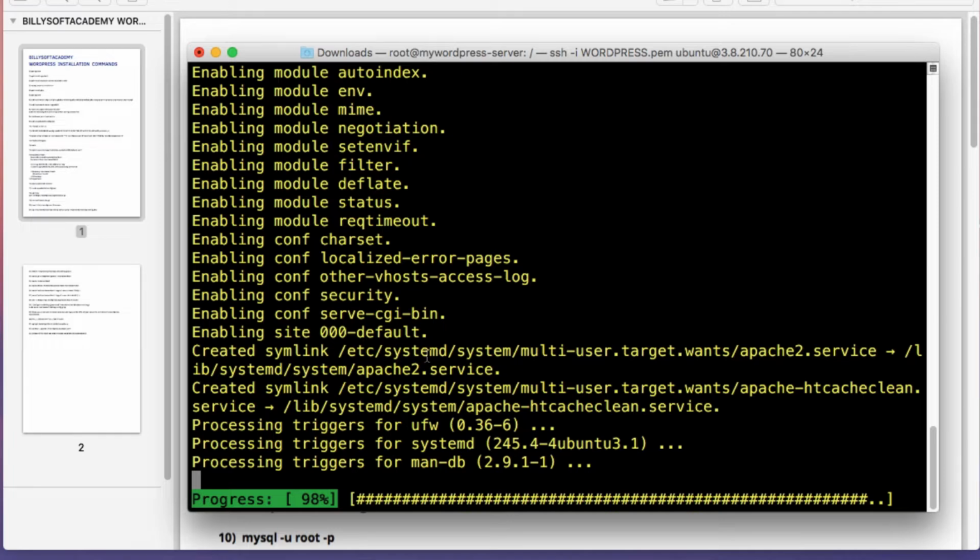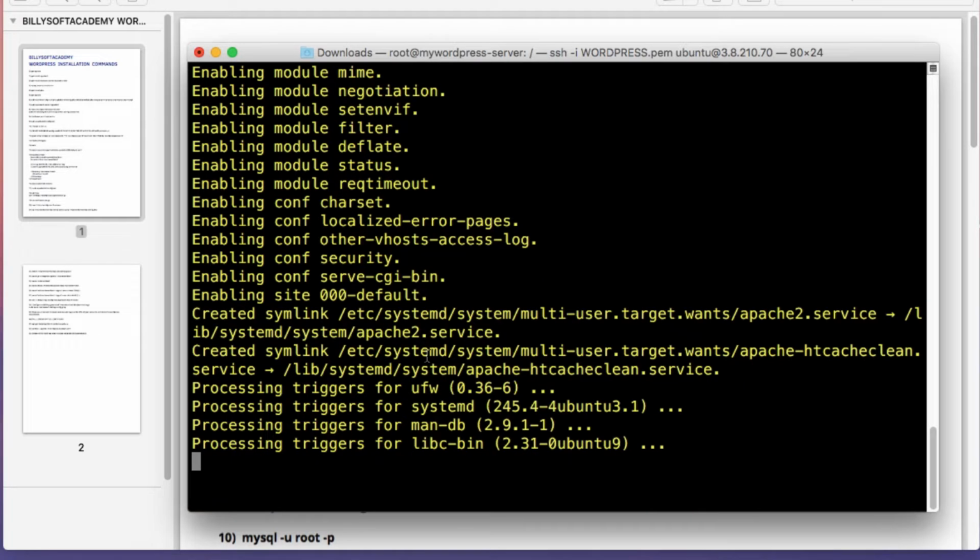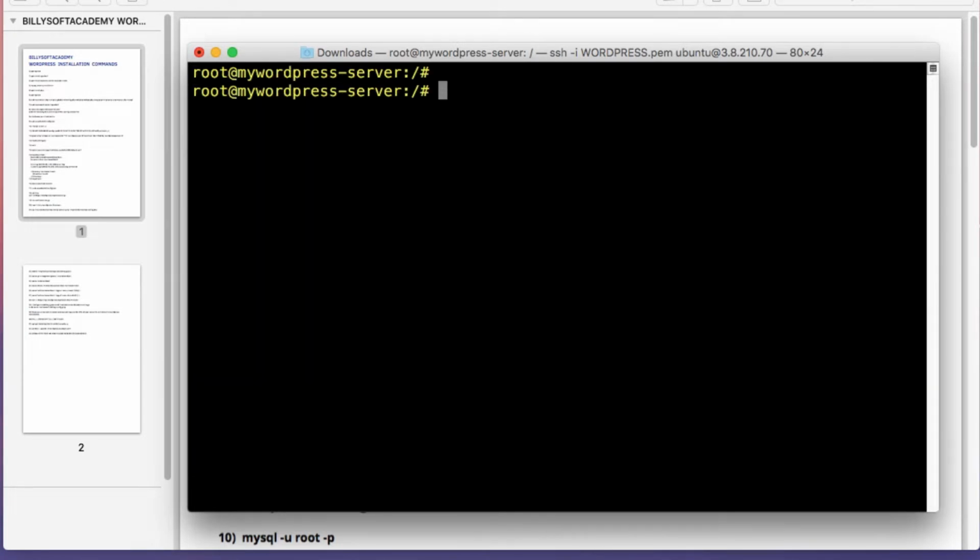Should be done right about now. I'm not sure. It's actually processing some stuff right now. Okay, this is taking longer than usual. Okay, so it's done. Okay, come on. There you go. So I'm now installing MariaDB,